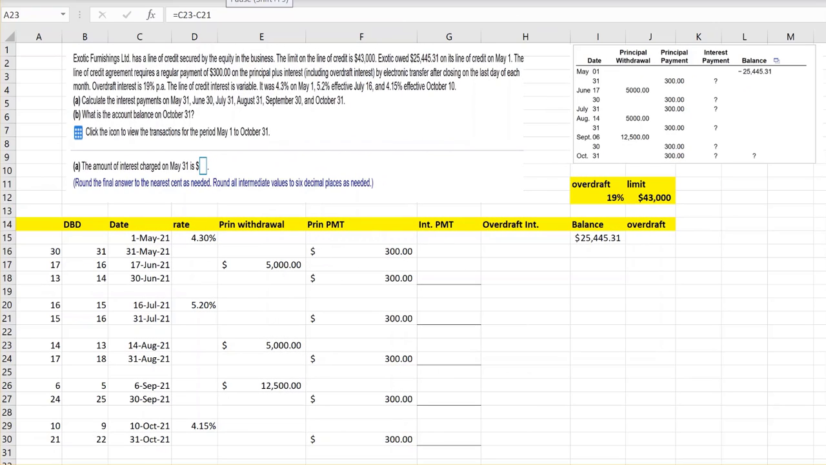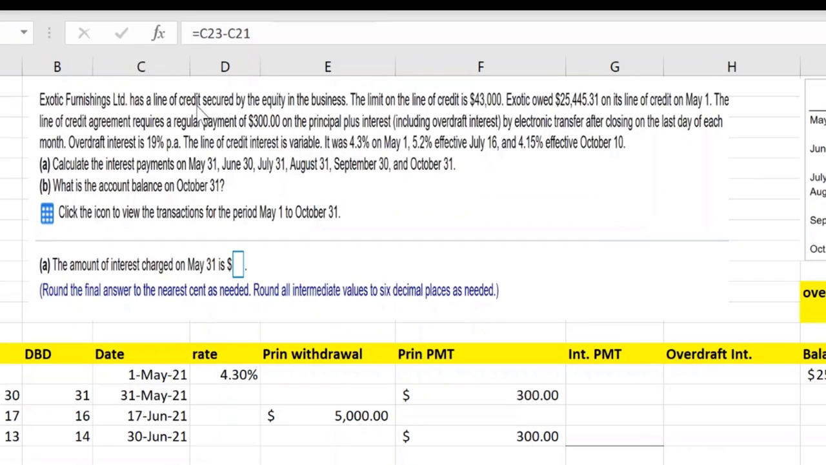Hello students. Here's a version of a question that you may see in your e-textbook under demand loans, and you may also see it as an assignment question if the computer assigns it to you on MyLab. So the question is this: